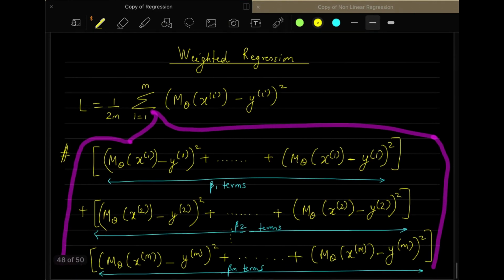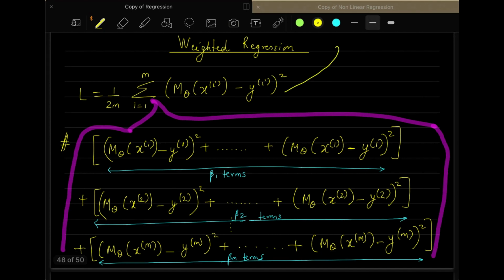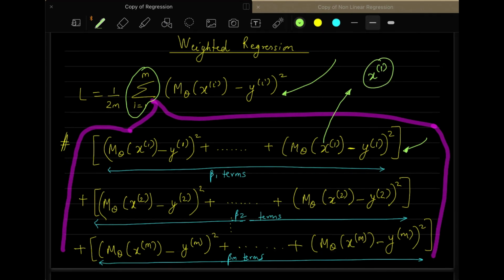So let us say you have this equation, you already know this equation. What you observe is that if you expand this summation, which is given over here, right? I am showing you through this purple highlight line just to show you that this sigma is expanded. It is expanded depending upon how many similar terms are there. So let us say this first term that I am discussing here, only x1 samples are there. These x1 samples are the same till beta terms.